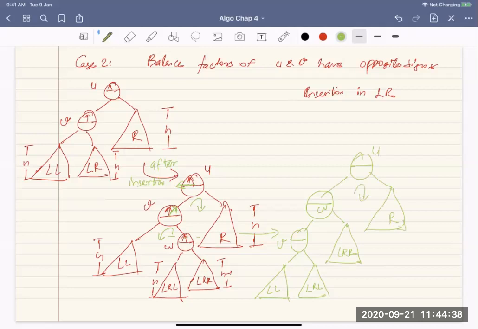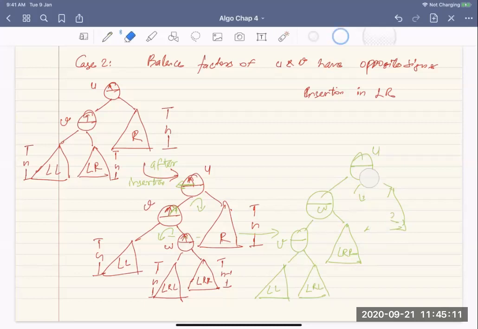We are putting a right rotation of this, and then what will happen? So yeah, let me just try and modify the same picture. W will become the top, and U will become the right child of W. Okay, so you will come here. So I will try to modify this.